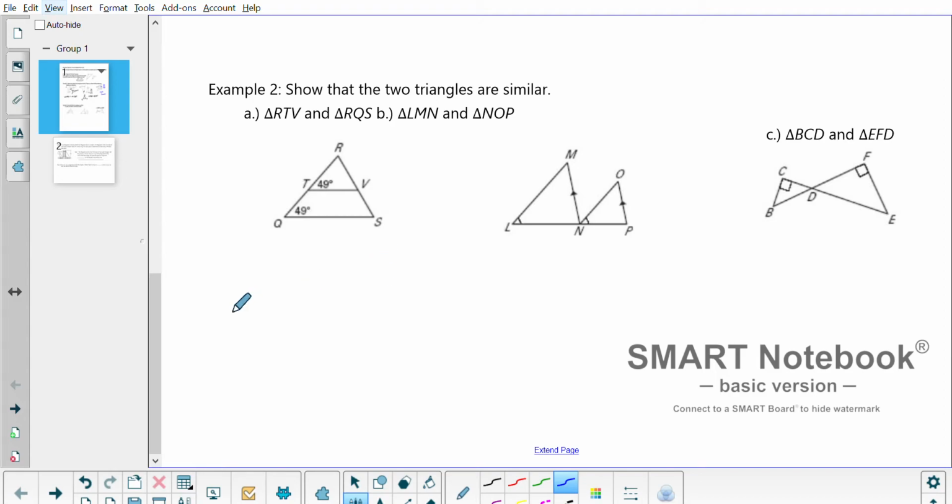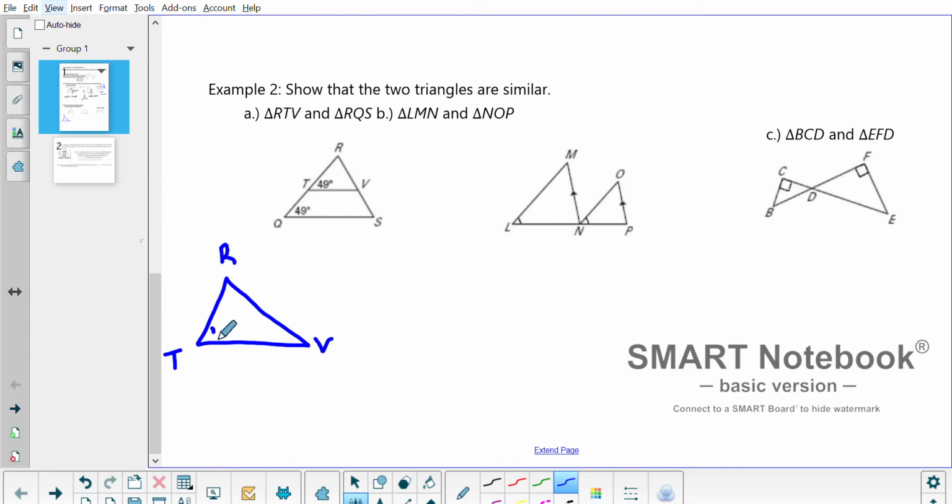So just different setup here, different starting information. We're trying to figure out if the two triangles are similar, RTV and RQS. And then in part B, we'll work on a couple different triangles. If we have overlapping triangles like this, it may be easier for you to redraw them. So if I redraw TRV,